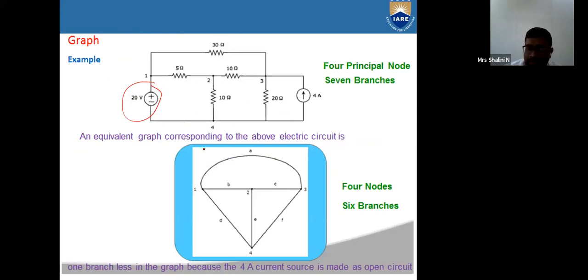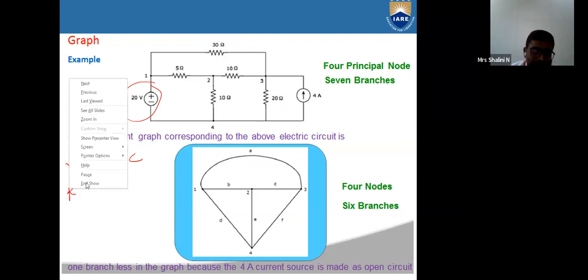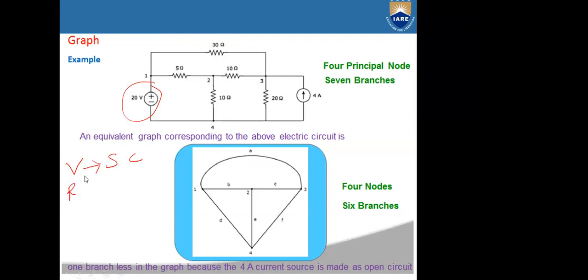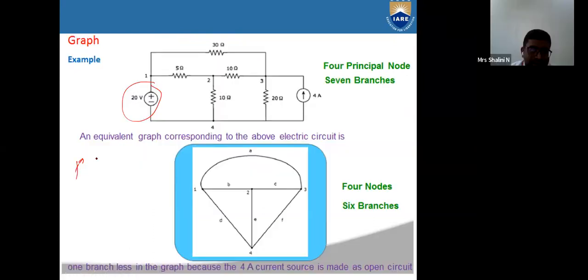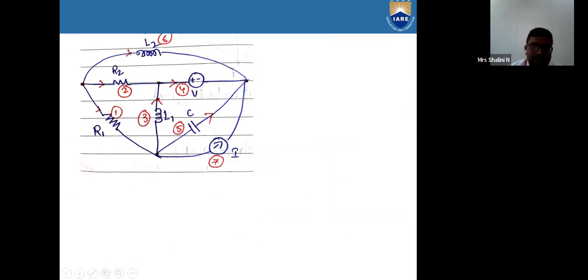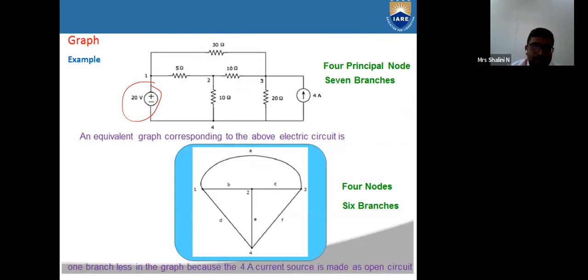How can you obtain the graph? Remember that all the independent voltage sources are replaced with short circuits, and all the passive elements. What are the passive elements? Resistor, R, L, and C. All the RLC parameters are going to be replaced with short circuits. Only the independent current source is going to be